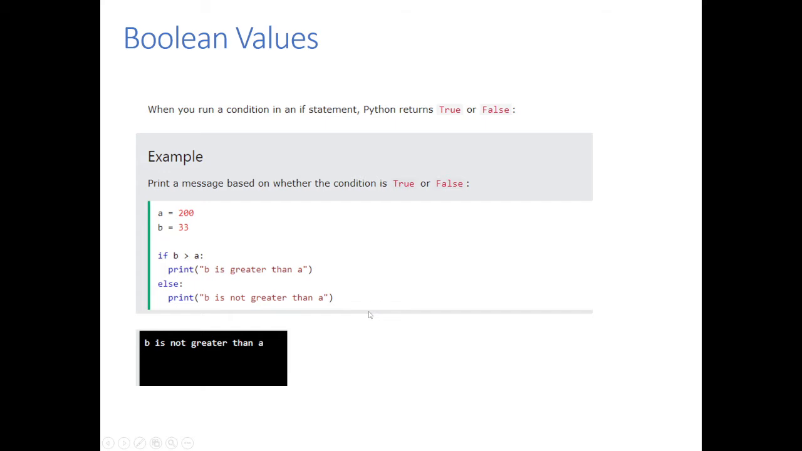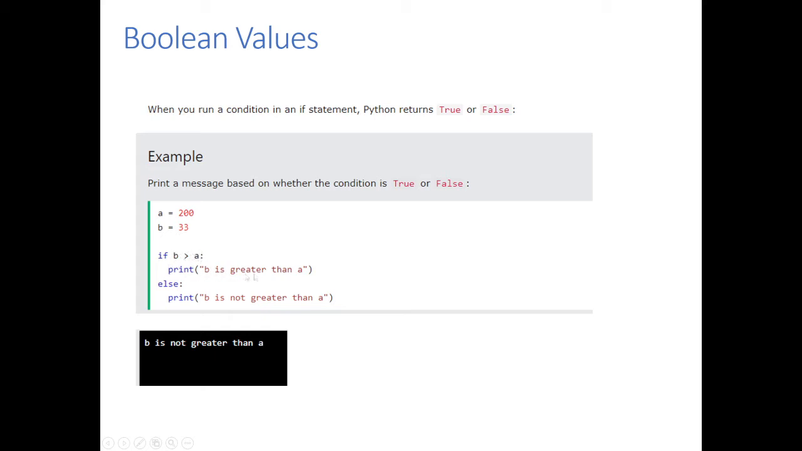Boolean values. When you run a condition in an if statement, Python returns true or false. Example, print a message based on whether the condition is true or false. So we have here a equals 200, b equals 33. Then we have the condition if b is greater than a, so that is actually false, so it will